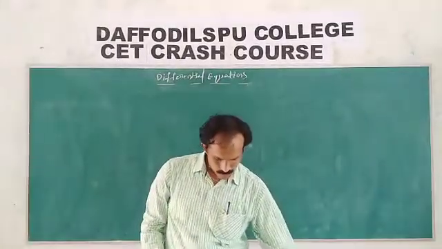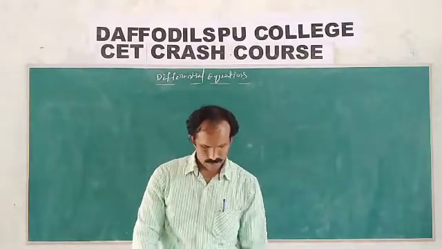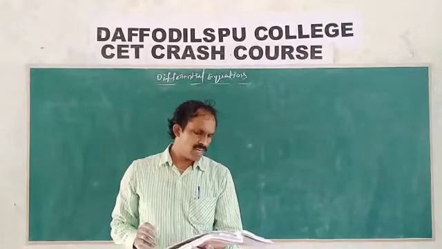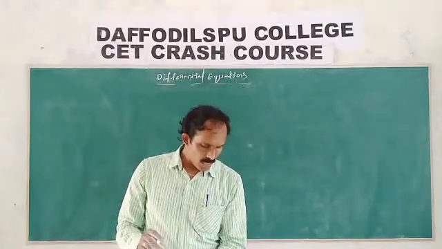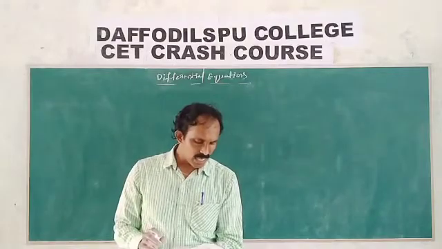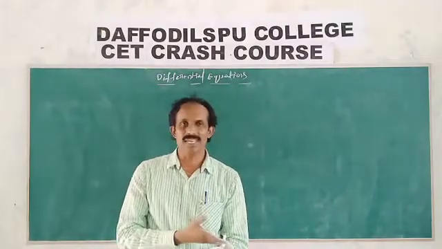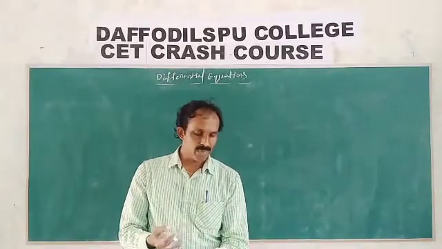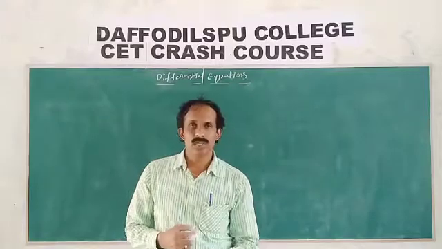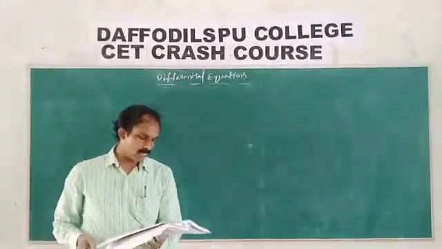Next one. Differential equation of the family of curves y is equal to a cos mu x plus b sin mu x, where a and b are arbitrary constants. Same method, we differentiate 2 times. In y there are a and b, two constants. Differentiate 2 times, and we get the answer. Do this one over. Next, third one.